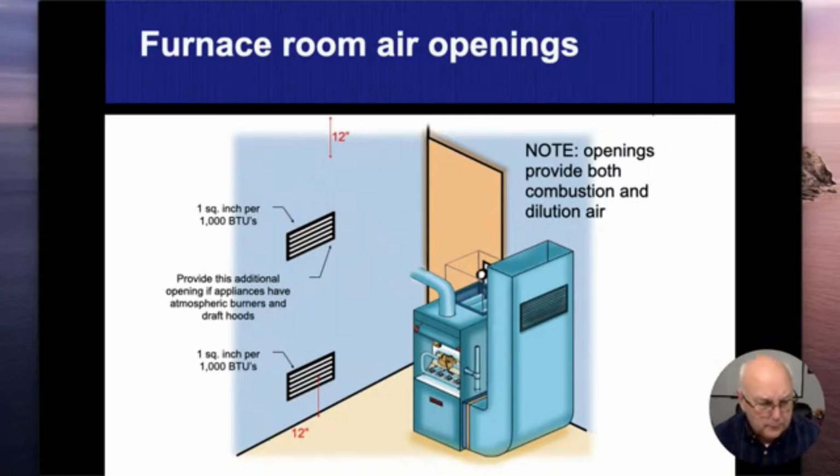Now, there are basic general rules of thumb to make sure that we have enough combustion air. So if I have a room that's big enough, I don't have to bring combustion air from another location. All right. And I'll show that slide in a little bit. But let's say I am in a small room and I want to start drawing combustion air into where our